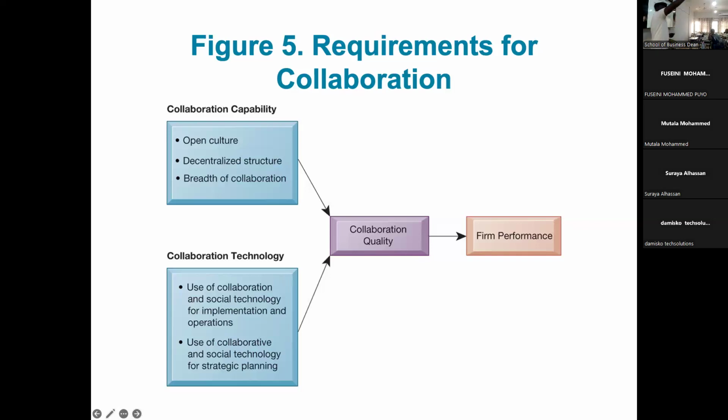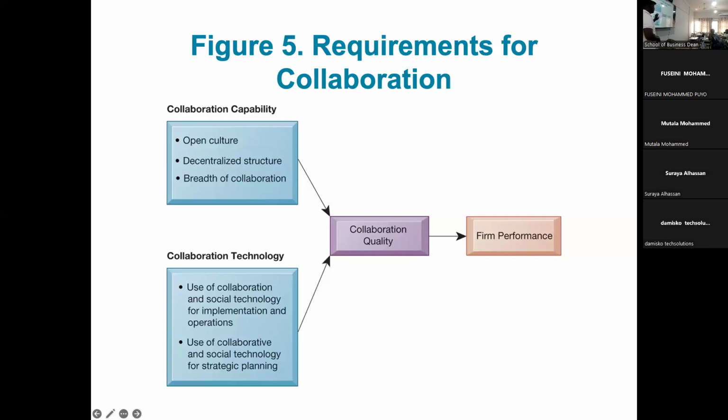In some organizations, the manager can discuss with a lower level worker, asking, how do you think we can do this? Can we work together? And when they have teams on projects, they can bring a lower level worker as part of it. In some organizations, the breadth is just a straight line. If you are not at that level, you cannot become part of that team. It's either HODs or HODs. But you can have a team of HODs, and then you bring somebody who is not even holding any position, because you feel that he has nothing to lose, he can say anything. Are you getting it? So sometimes that mixture, in terms of the breadth of collaboration, can also enhance collaboration capability.